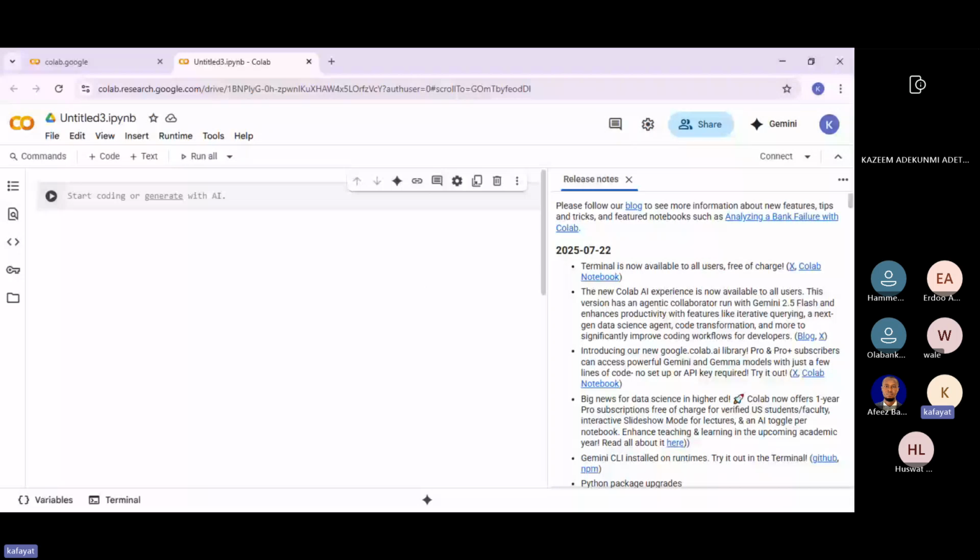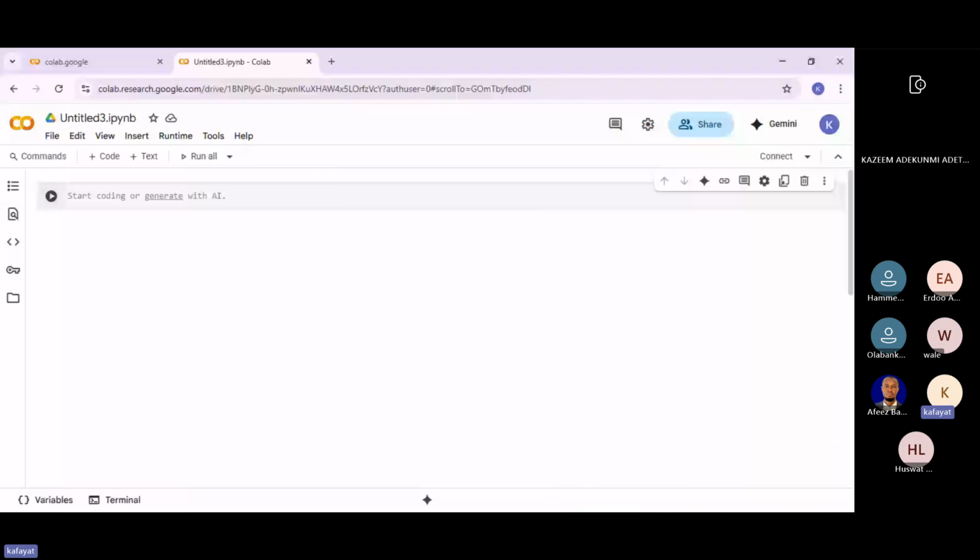Yeah, this is Google Colab. This is the Colab environment. So any of you that is available and you want to practice along, you can type Colab on your search bar on Google. It's going to give you the Colab option. Then you select new notebook, and it will take you to this environment. This is a Google platform and it's a cloud platform.